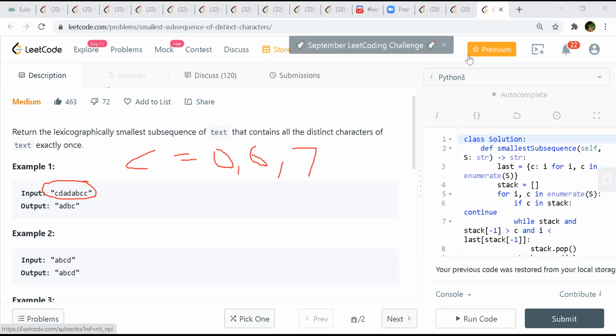Now coming to D, it would be 1 and 3. Now A, A is 2, 4. B is 5.